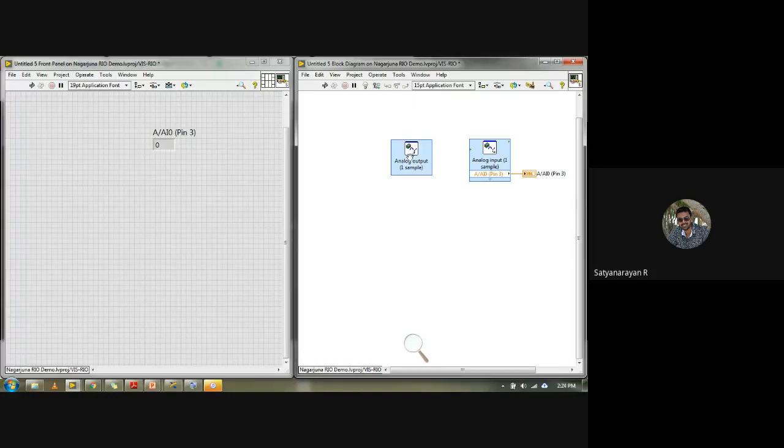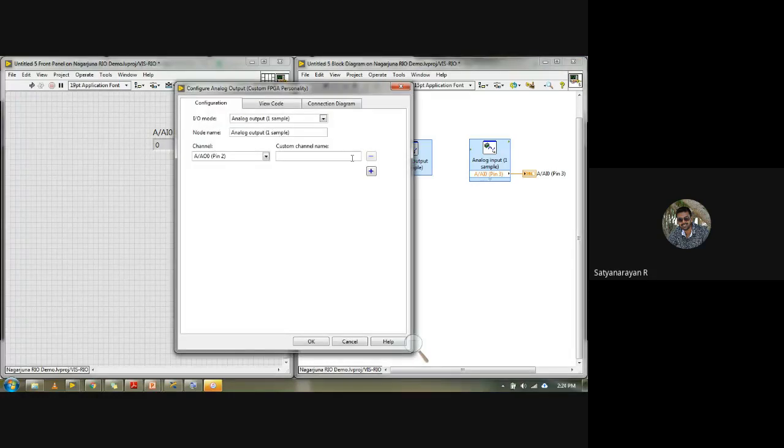Same as in analog out, you can select the channel, but here you can select only the analog output channels. Since I told you we have 6 analog channels, 1, 2, 3, 4, 5, 6, audio left and audio right will not be considered. As of now, you have 6 analog outputs.